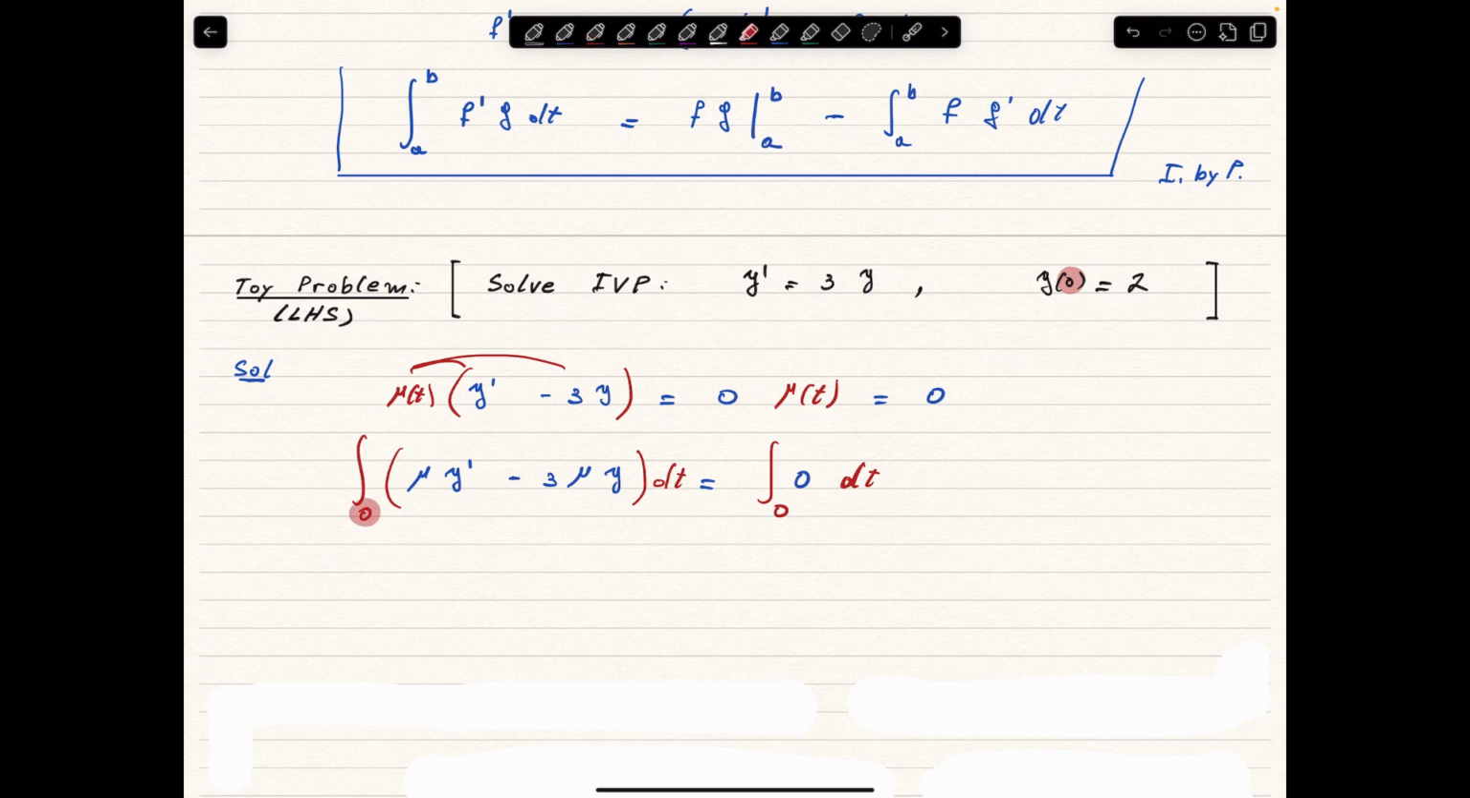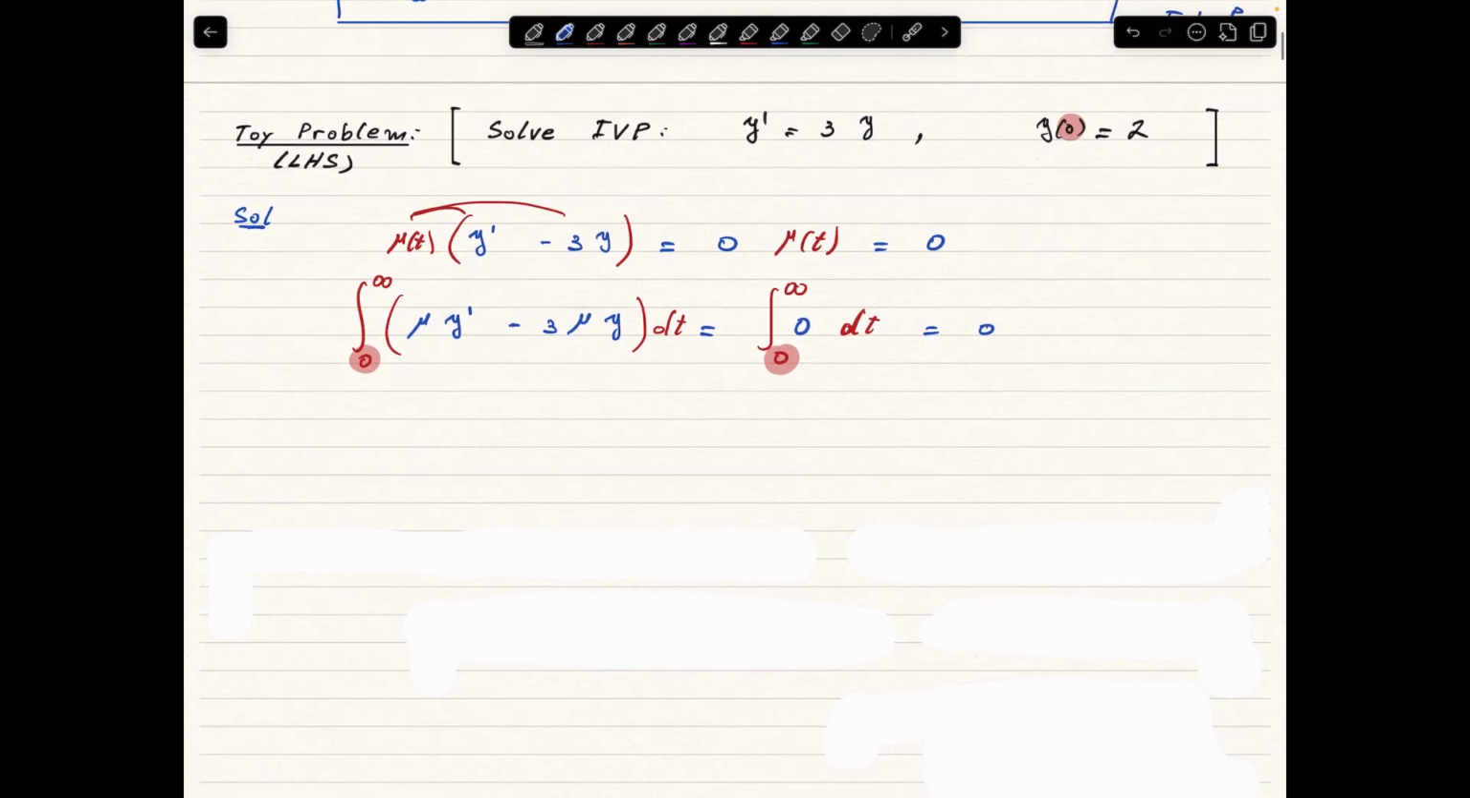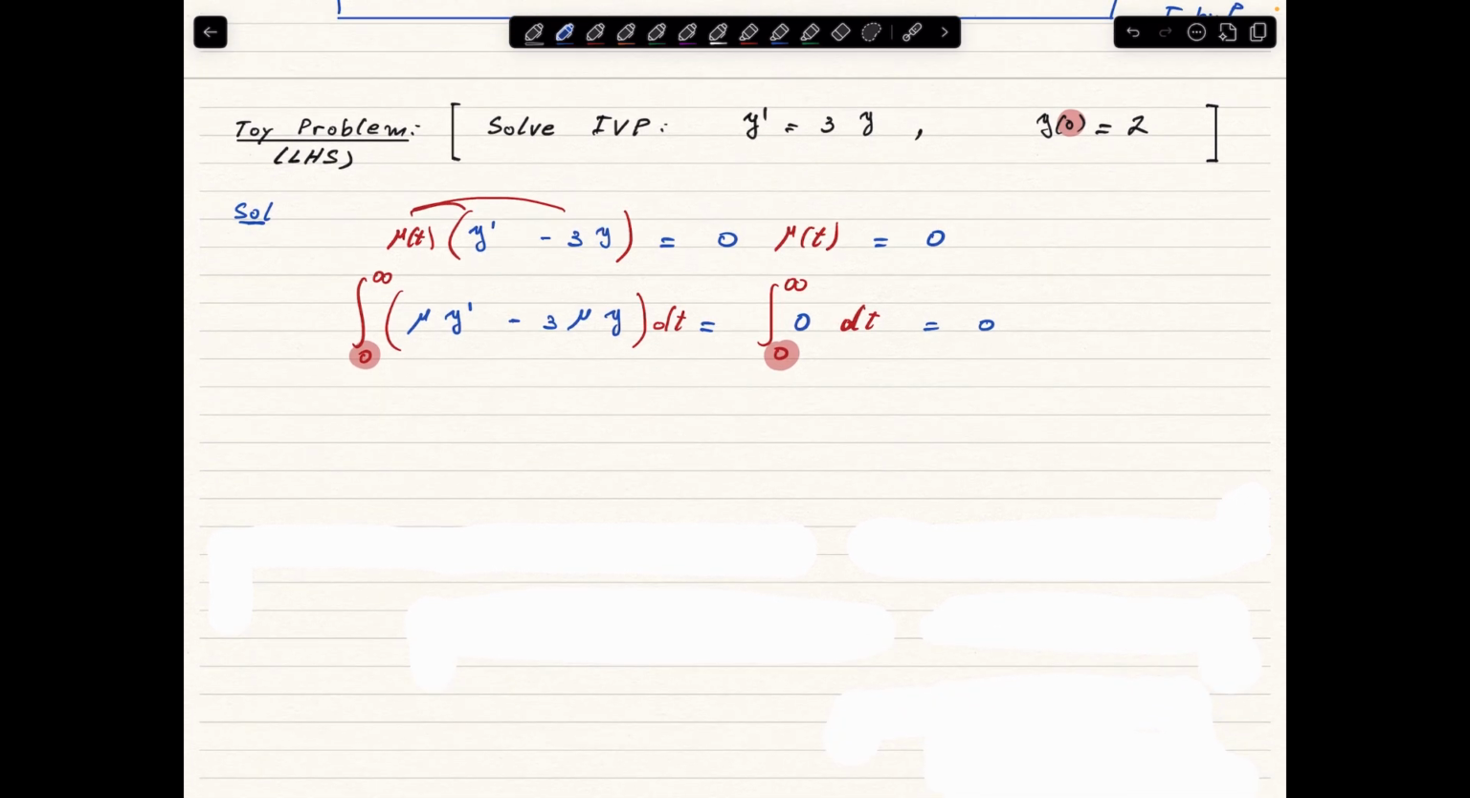We are going to start at 0. And then what is the end limit of integration? Well, we want any possible time, so we are going to integrate up to infinity. Now, since this is a definite integral, on the right-hand side this is still 0. And now we are going to split the integral on the left-hand side. So we have the integral from 0 to infinity of mu y prime dt, and then minus 3, which we can take outside of the integral, times the integral of mu y dt from 0 to infinity